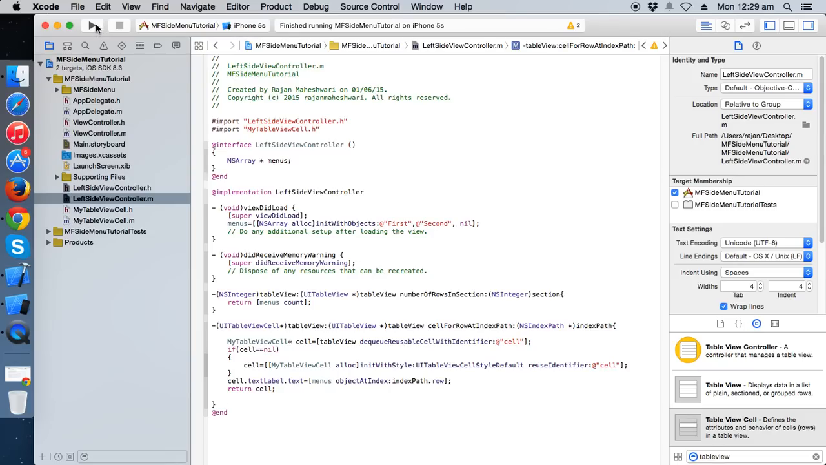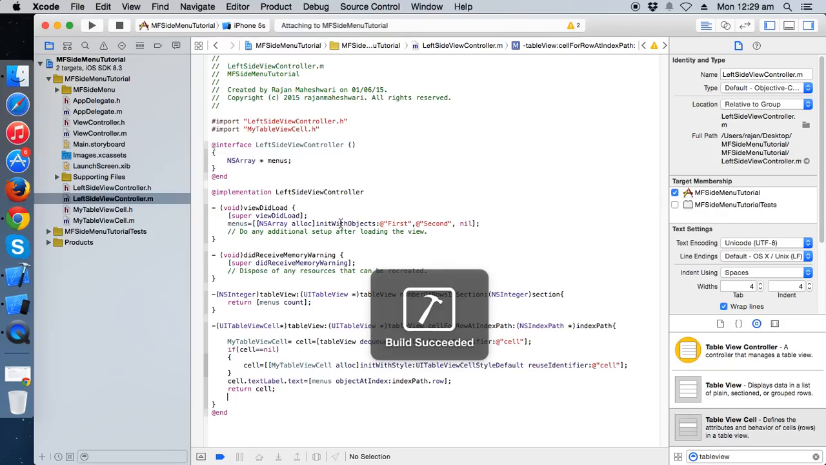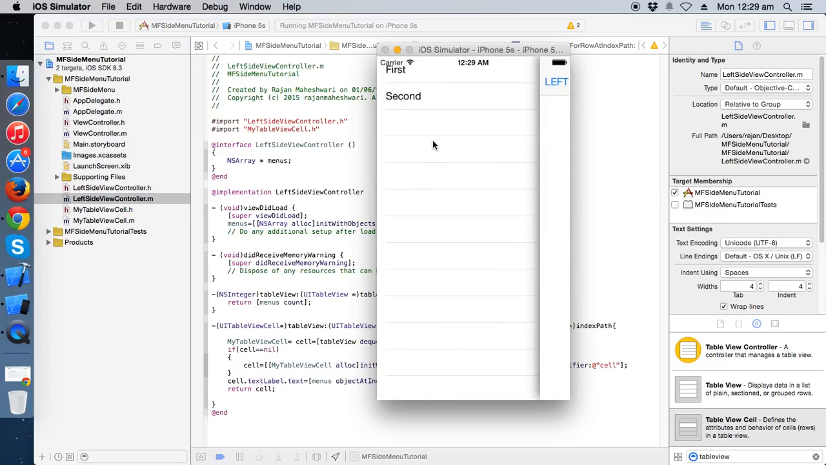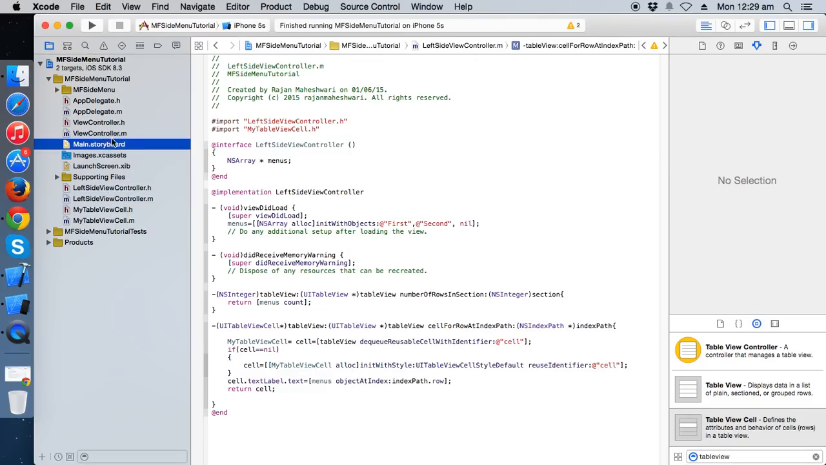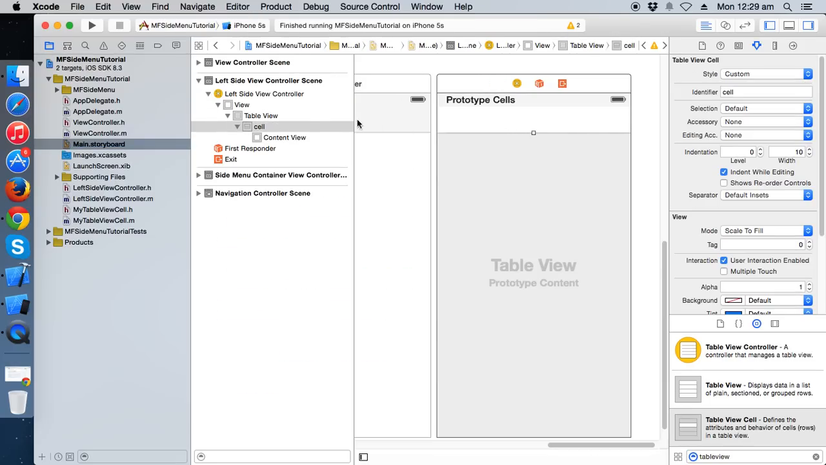Now let's run this project again in order to see what our left menu is. It's building, build succeeded. Here we go. So when you click on it, yeah, here we go. We get a table view here. We get a table view in the first and second controller. Just make sure that it's not overlapping the status bar. So what I'm going to do is just